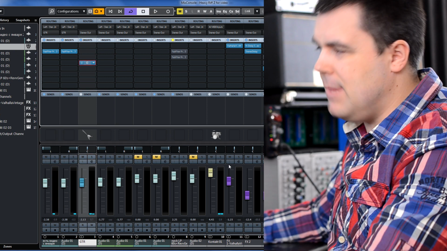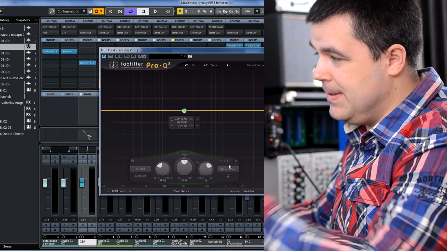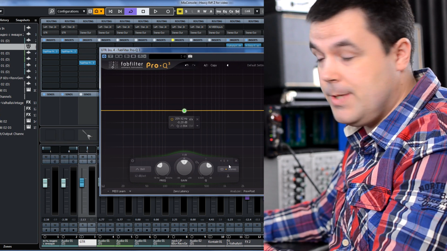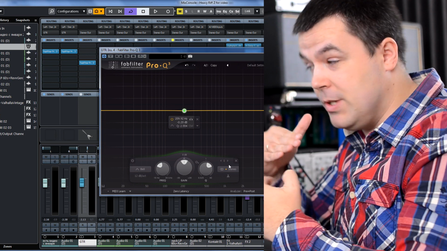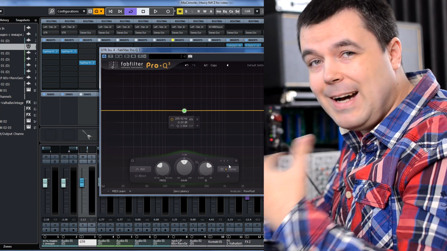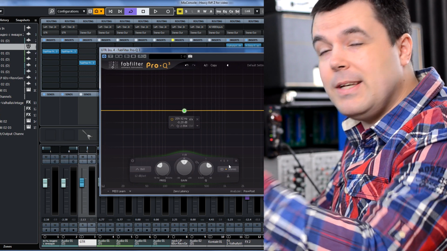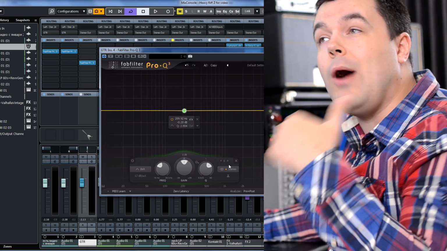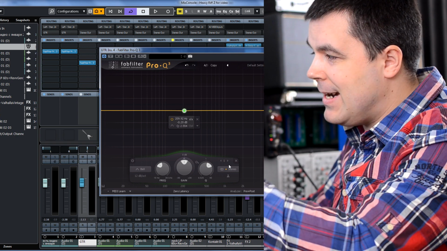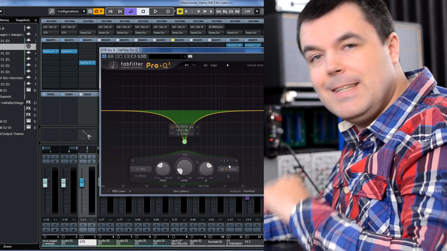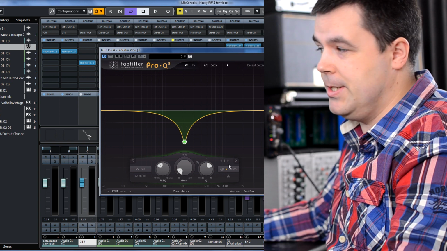I need to cut some muddiness. I already found the frequency where the muddiness is on this guitar: 210 Hz. Now I'm gonna cut too much, just so you hear for sure what exactly happens. Of course, in real mixing, you don't cut that much. You cut by like 1 dB, 2 dB, 3 dB. I'm just gonna cut a lot to show you how far you can go, to really clearly demonstrate this rule. I cut this frequency a lot. This guitar will not sound muddy, but at the same time it will be too quiet in the mix.